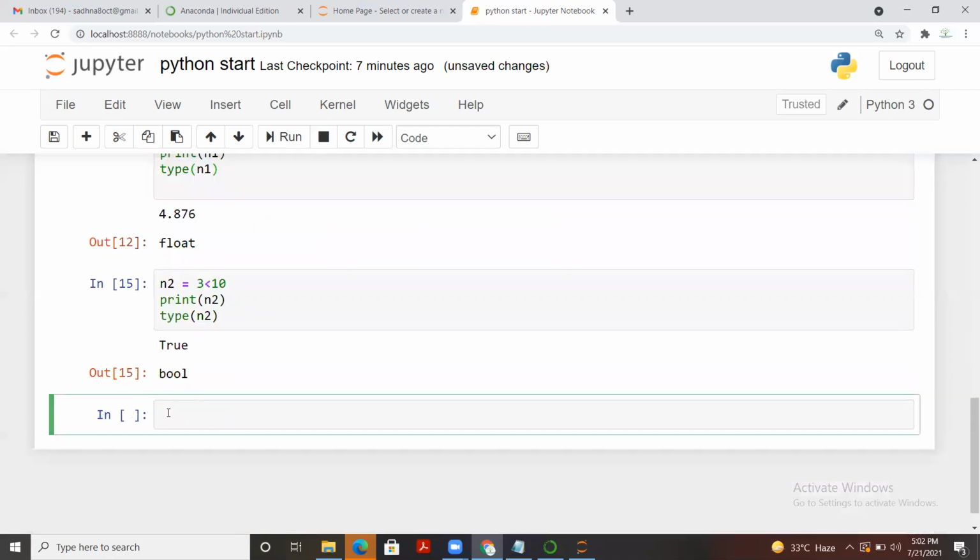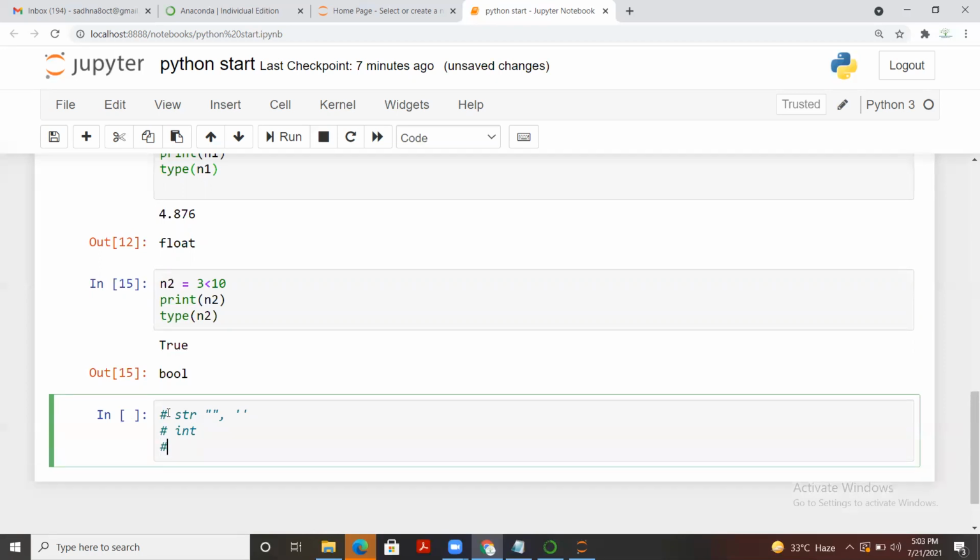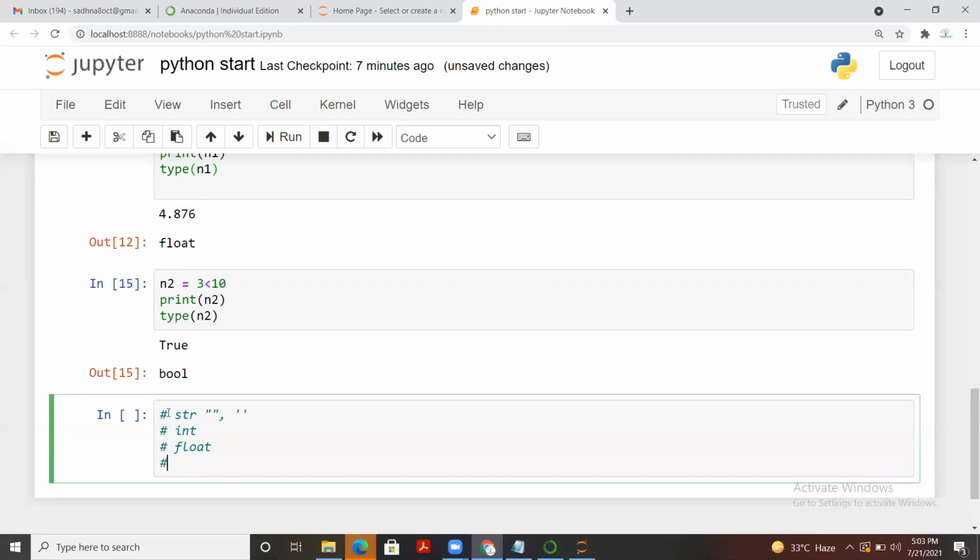So how many data types did we discuss today? We talked about a string where we have to put everything into quotes, either single or double, right? And we talked about the integer in which we can perform any arithmetic operation, and we talked about float, that is just a decimal value, and we have true and false, which we call a boolean value, right? So we talked about these 4 data types altogether.